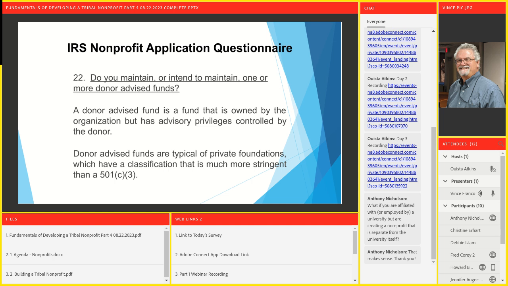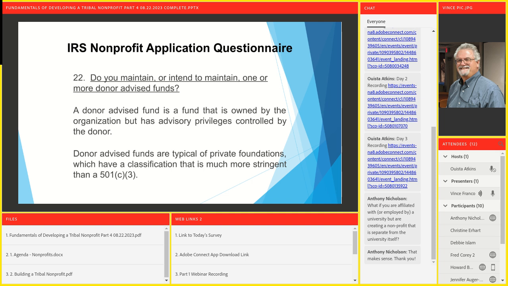And, you know, there's a lot of misconception. I was watching something on TV the other day, I don't even recall what it was, and one of the characters was saying, I got to create a foundation. And I turned to my wife and said, no, you don't want to create a foundation. The tax burden is way out of control. You want to create a charitable 501c3 nonprofit. And she just burst out laughing. I'm like, hey, this is what I do. I talk about this kind of stuff all the time. No, you don't want to be a foundation unless you absolutely have to, that's a different structure.